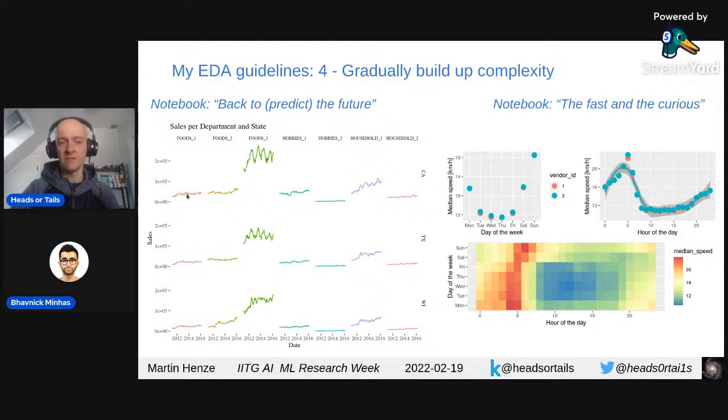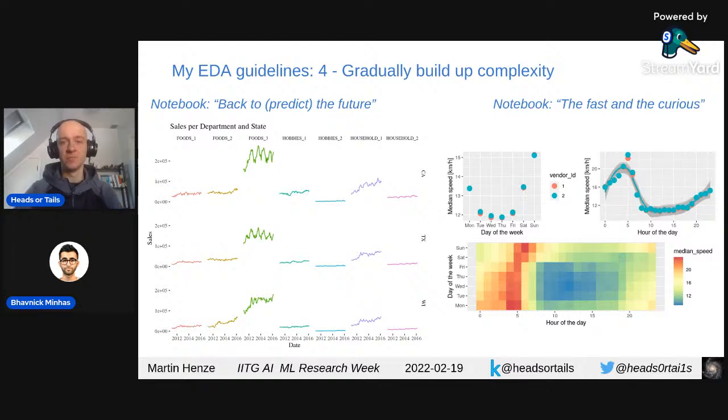And you can neatly look at them side by side and see, okay, where's the volume of the sales coming from? And what are the differences in growth over time? So gradually build up complexity,